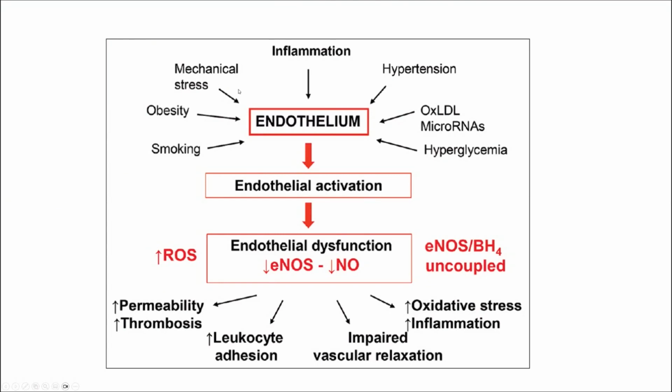So inflammation, physical damage, obesity, smoking, hypertension, high oxidative LDL, which is a blood marker that is distinct and different from just your typical LDL, an important blood marker that you're going to want to be looking at, because oxidized LDL is the LDL cholesterol that is actually damaged and oxidized, and it's a sign of damage and it's creating more damage. It's a sign of high oxidative stress, and it is problematic. So you're going to want to be measuring oxidative LDL, not just regular LDL. And that is one way to look at how much oxidative stress you have,